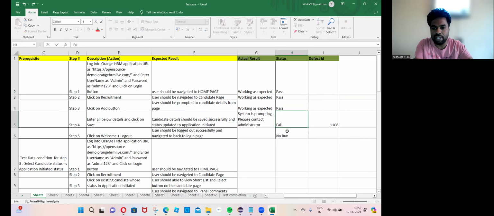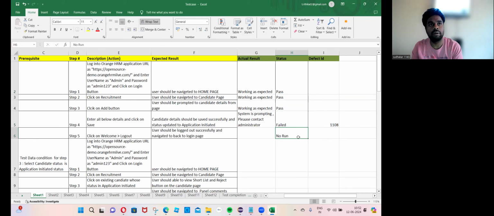But here it has failed. We cannot mark the next step as pass or failed because here only we got stuck. Okay, let's make this color red. So somebody will review and see that so and so issue occurred at step 4 and the tester had reported issue 1108. They can understand. So if something went wrong, we have to update these fields: actual result, status,